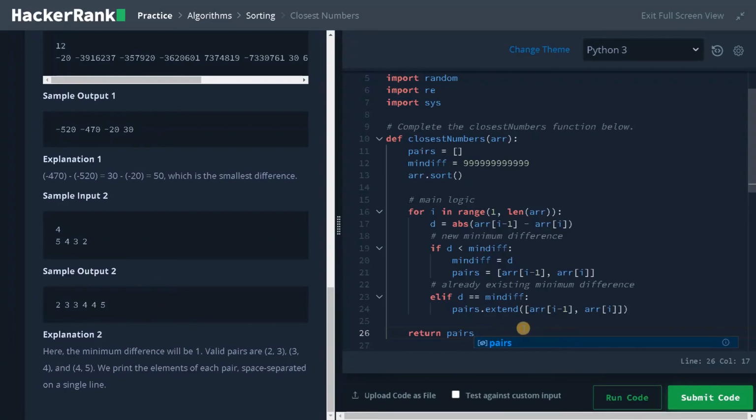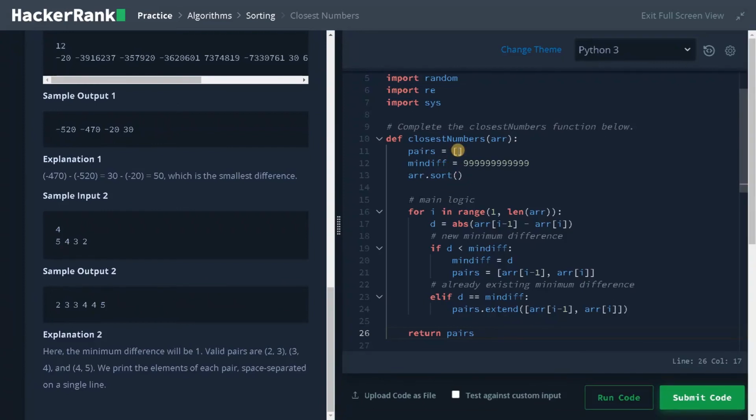That concludes our whole logic for this problem. First, we are initializing the necessary variables, and after that, we are sorting the array. Now, for iterating the elements, I'm starting from the first index because we need to consider the current element and the previous element. Inside the for loop, we are computing the absolute difference of the current element and the previous element. If the difference is less than the minimum difference, we need to update the minimum difference.